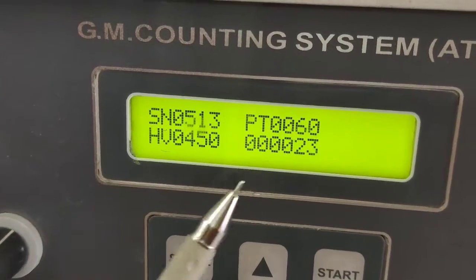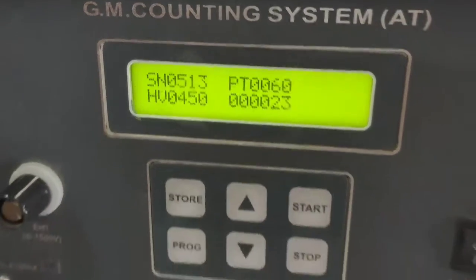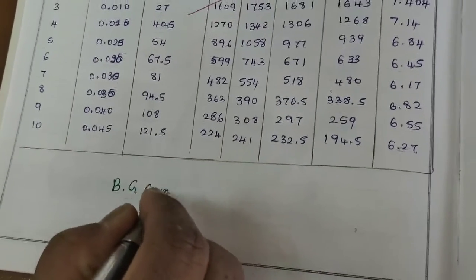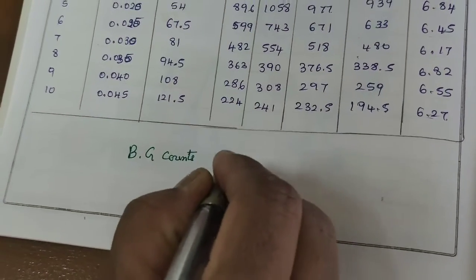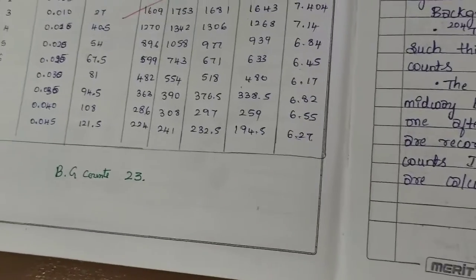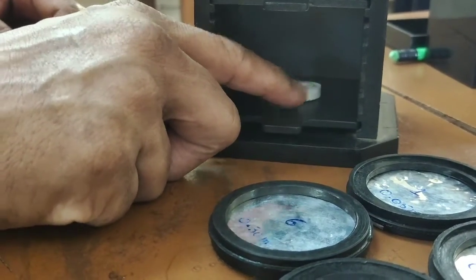After 60 seconds, these are the background counts, 23. I'll note down 23 for the background count. Now we are placing the source at the last slot.